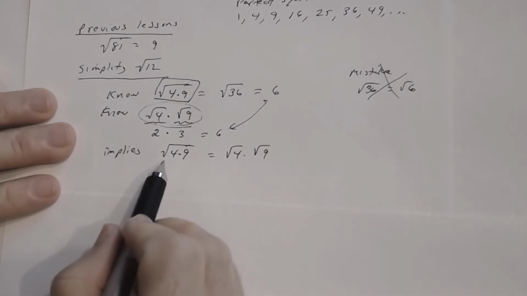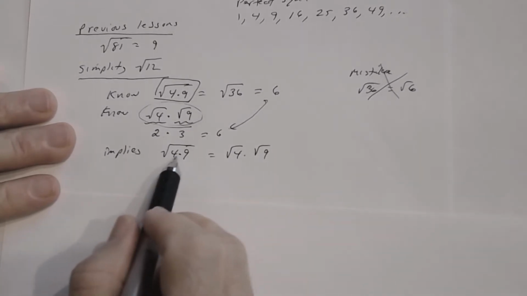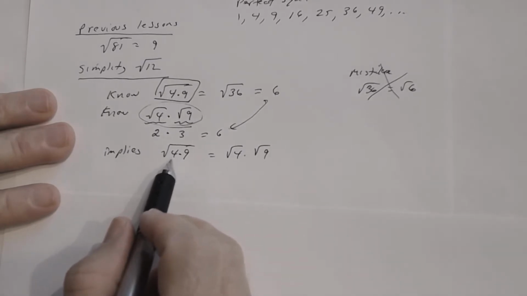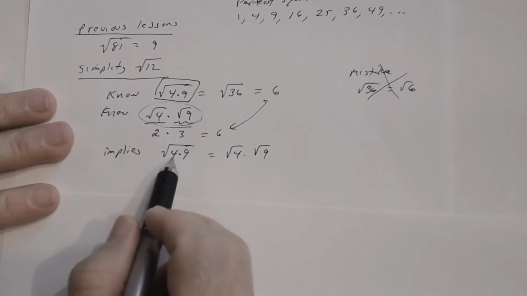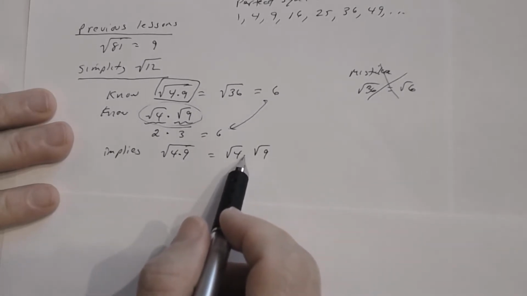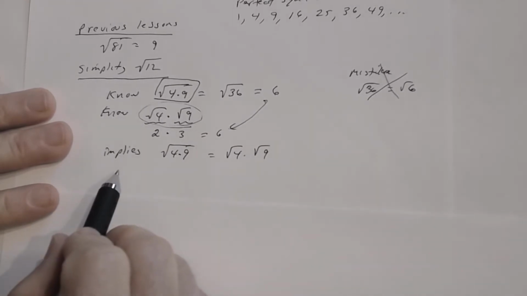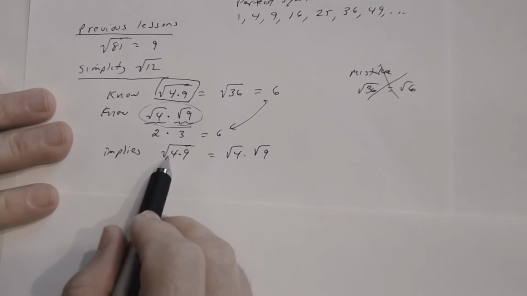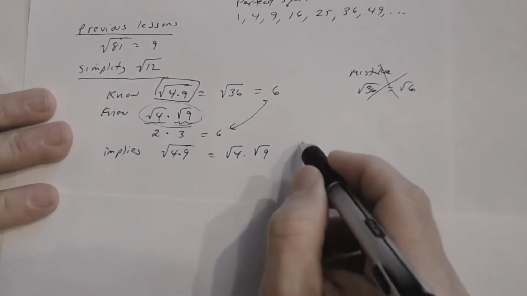Whenever you have the square root of a product of factors, in this case I only have 2, but you can have more than 2, then you can write it as the product of the square root of every factor you see. So that means the square root of 4 times 9 is the square root of 4 times the square root of 9. All right? So in other words,